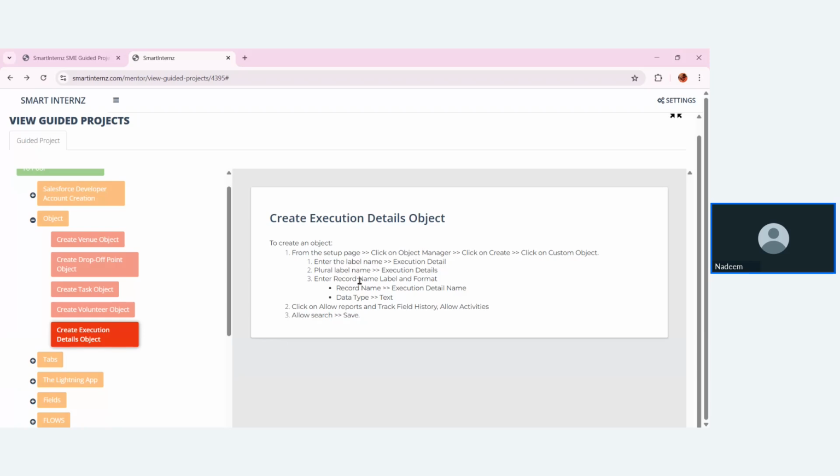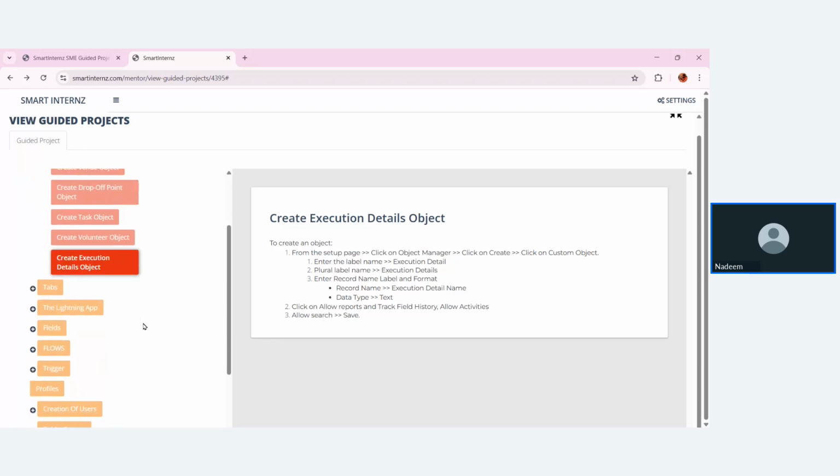So here, how many objects have you created? You have created 5 custom objects with different names. Okay, once you are done with these objects,